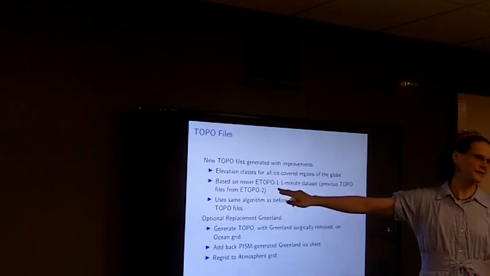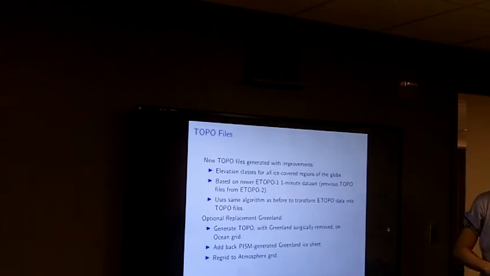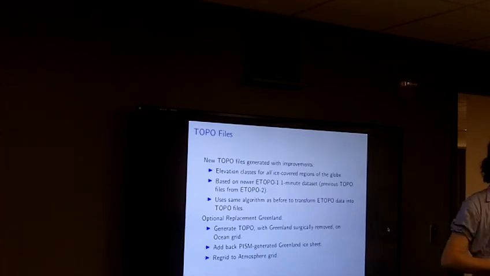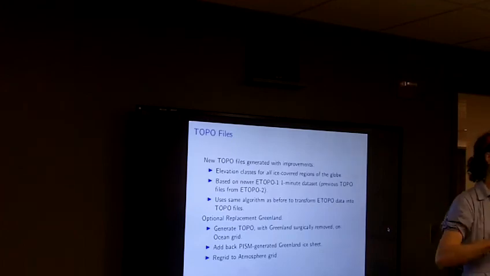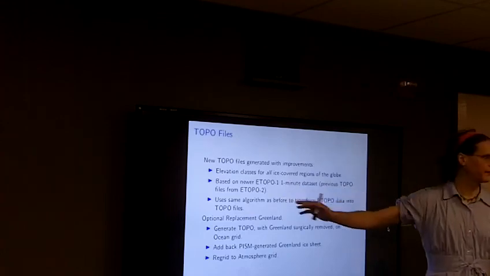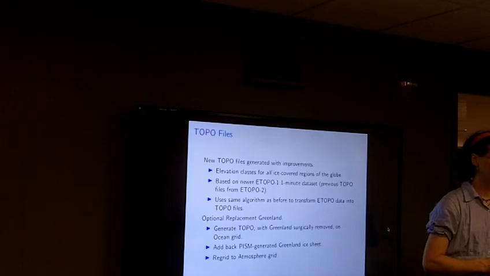I guess just because 15 years later we have better data. And I used the same algorithm and generated topo files that are basically the same, except they generate the elevation class profiles. So using these eTopo1, I was able to generate elevation classes for all ice-covered regions of the globe,